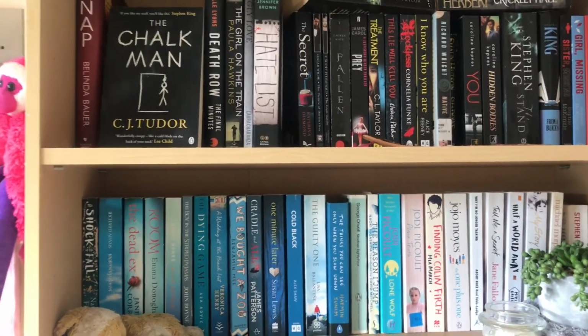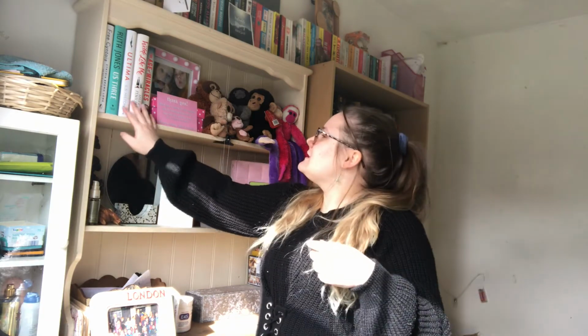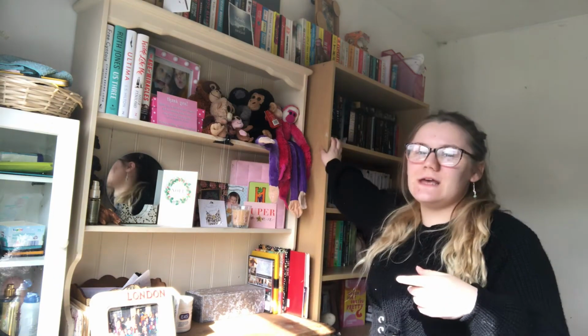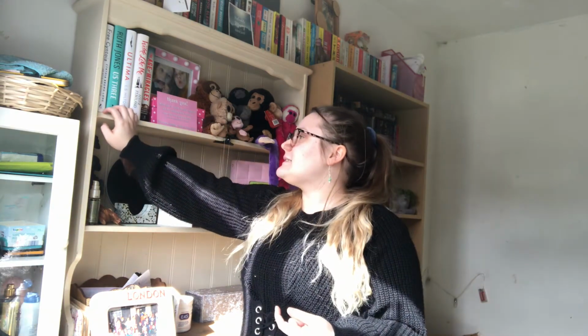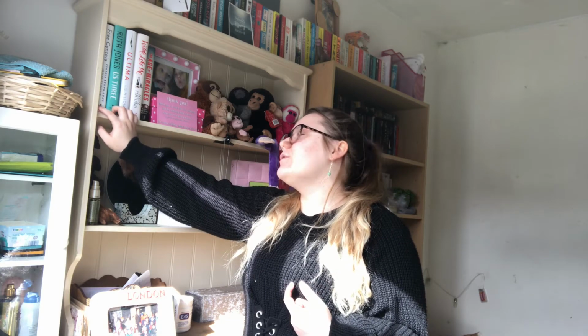So moving on to the next shelf. I only have these five books here because they don't fit into this bookshelf because they're too long. And first here I have Free Cynthia by Cynthia Brown Long with Bethany Morgan, which is in my book haul video. And then next to it is also in my book haul video, and it's Us Three by Ruth Jones, who